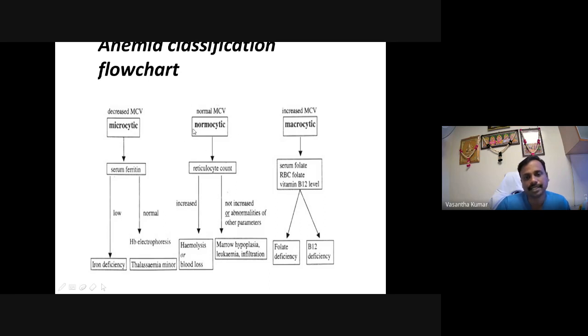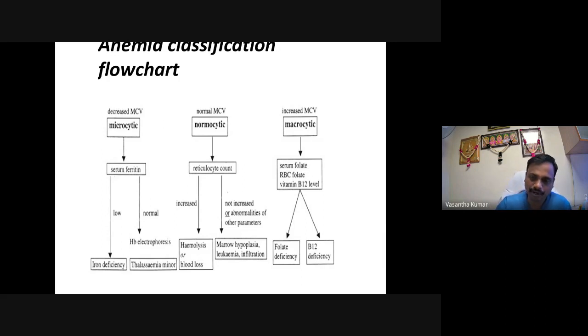If the patient is having normocytic anemia, look for the reticulocyte count. If it is increased, it is simple, it is hemolysis. If it is decreased, the marrow is not functioning properly, which we already discussed regarding the reticulocyte count. If it is macrocytic, then check the B12 and folic acid level,